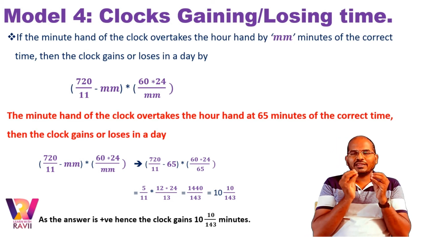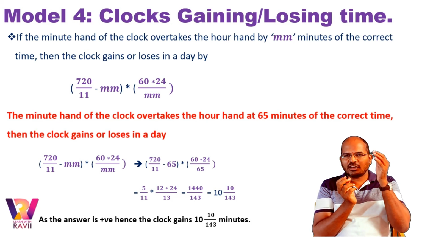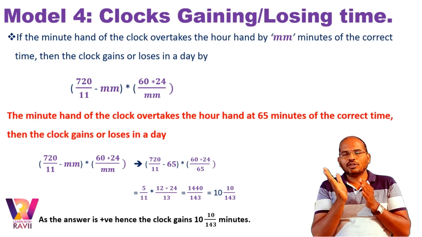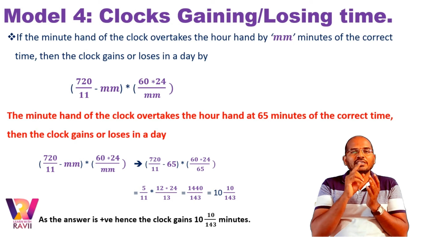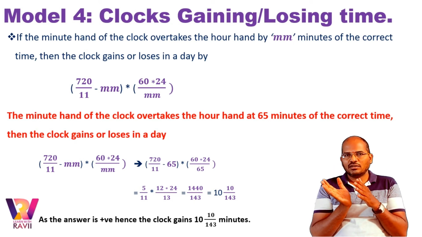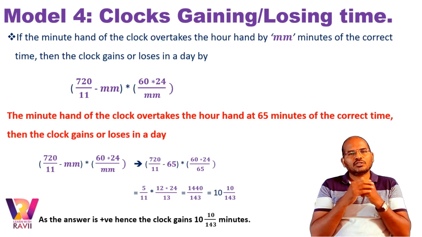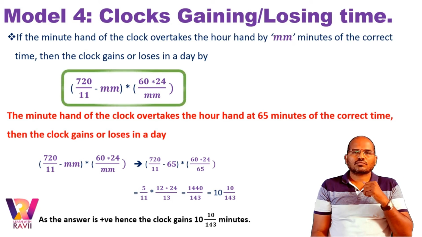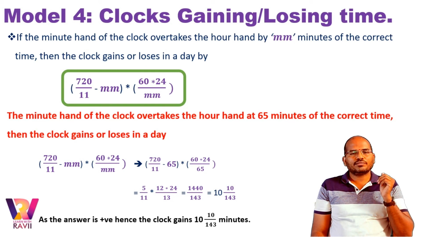You can say that the clock gains or loses in the given number. Generally, the minute hand should cross the hour hand after every 65 5/11. If it is before that, it's a gain. If it is after that, it's losing time. Clear? Now, please keep that formula in your mind. Going ahead,